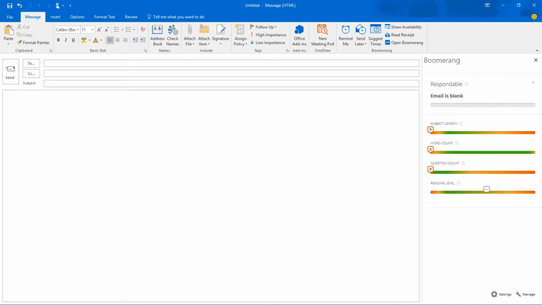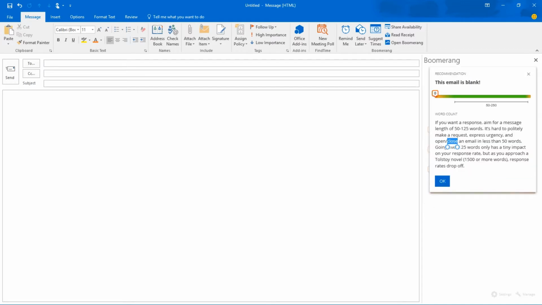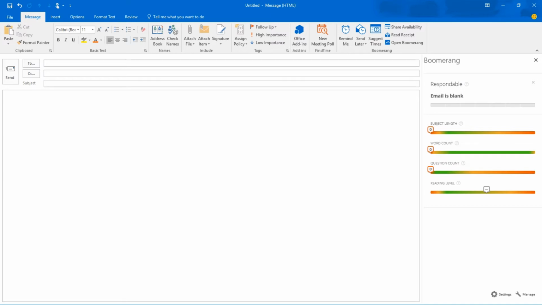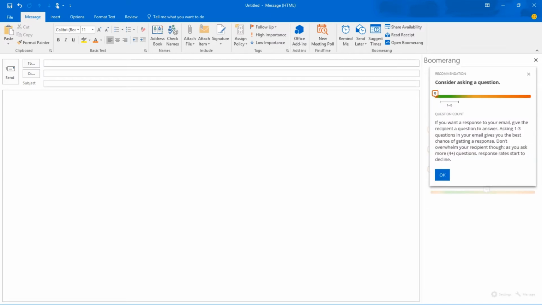The second factor is word count. There is a sweet spot of 50 to 250 words in any message that are known to get a better response. Very large or very small, beyond this, the message is not so conducive to receive a response. Similarly, question count. If you need to put questions, 1 to 5 is a good number to include.